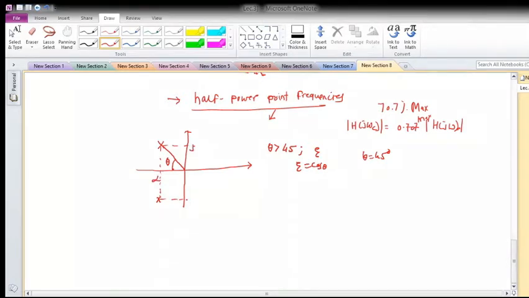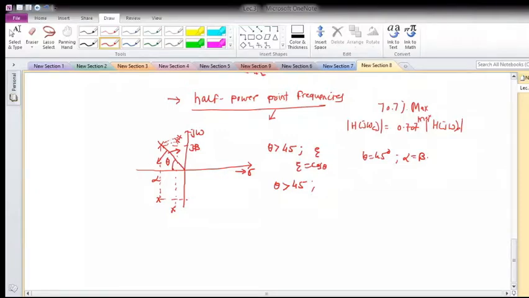So when theta is equal to 45 degrees, at that time what will happen? Your alpha will become equal to beta. Now if this pole moves towards this side, then what will happen with the angle? The angle will be towards pi by 2, means what? The angle will be greater than 45 degrees. Okay, so theta will be greater than 45 degrees. And if theta is greater than 45 degrees, what will happen? There will be the peaking. Okay, so when poles move this way, then peaking will start.